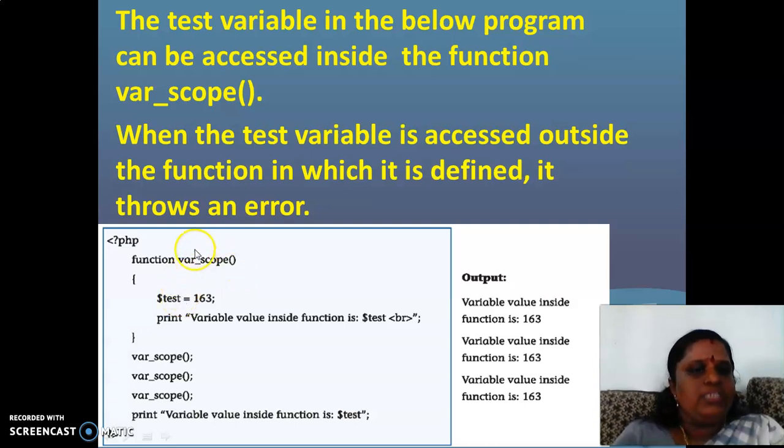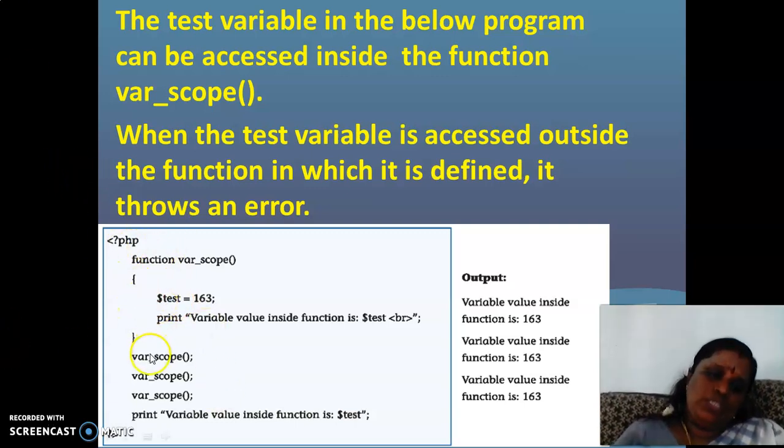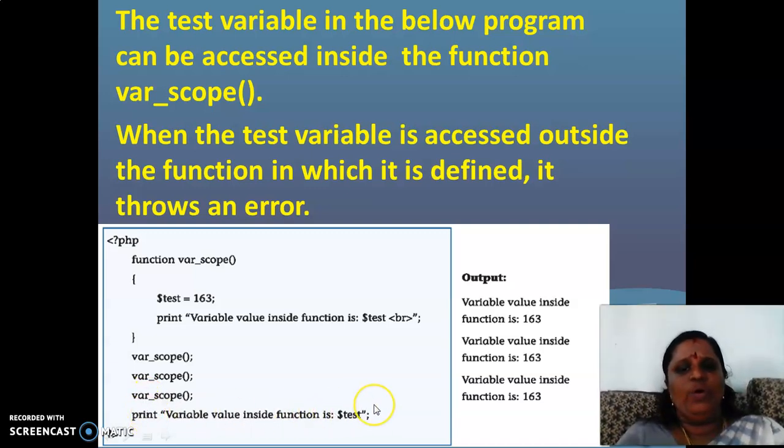If you call this test variable outside this function, it will throw an error. If it is used inside this function, there will be no error. It will go on smoothly. If I take this test outside and try to print it here, it will throw an error. So this is the local scope.